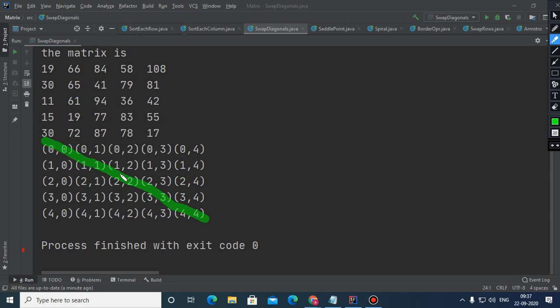These are the index numbers and these are the index numbers of the right diagonal. So if you can easily pick the index numbers of left and right diagonal at the same time, definitely you will be able to swap. So I am giving you 5 minutes time. Please try that. Hurry up.